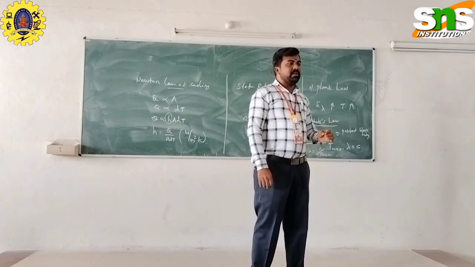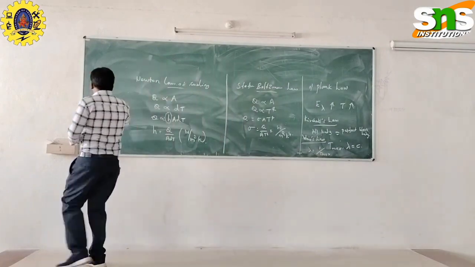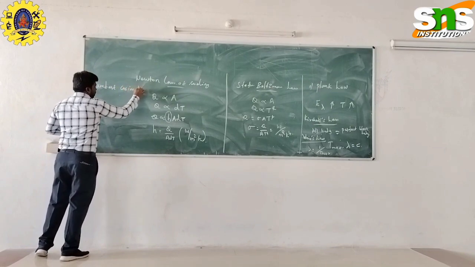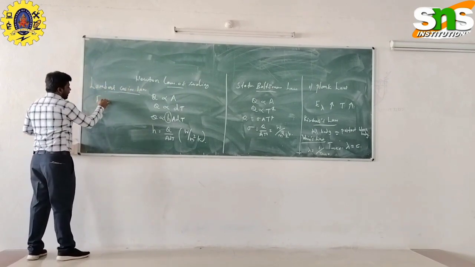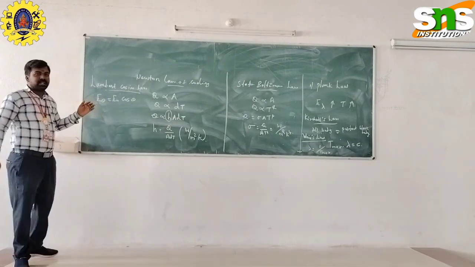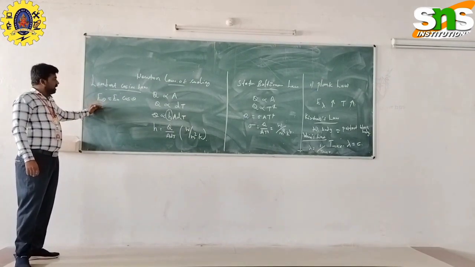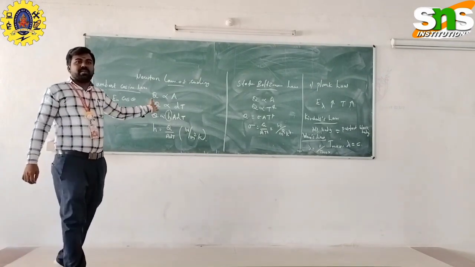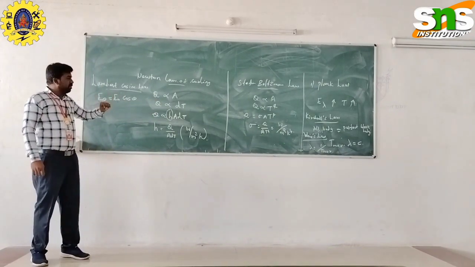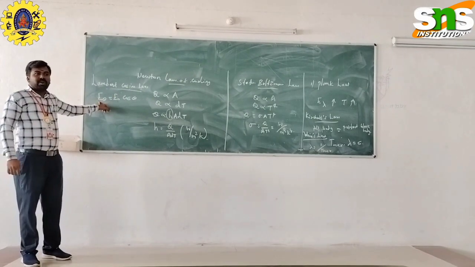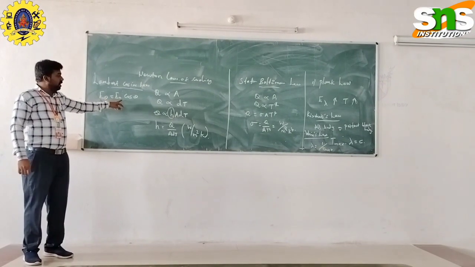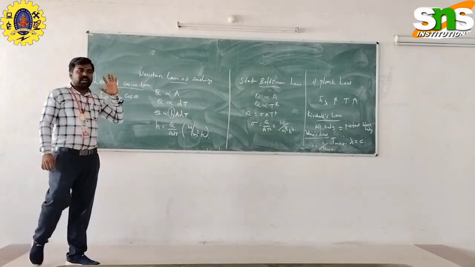The fifth law is the Lambert cosine law. E theta is equal to E n cos theta. It states that the emitted radiation power is equal to the emissive power of the normal radiation times the cosine of the angle of the radiation. Again I am telling, the emissive power is equal to the product of the normal radiation emitting power and the cosine of the angle of the radiation. So these five laws state the